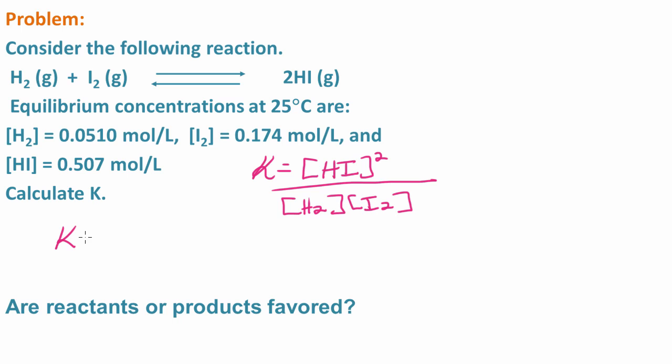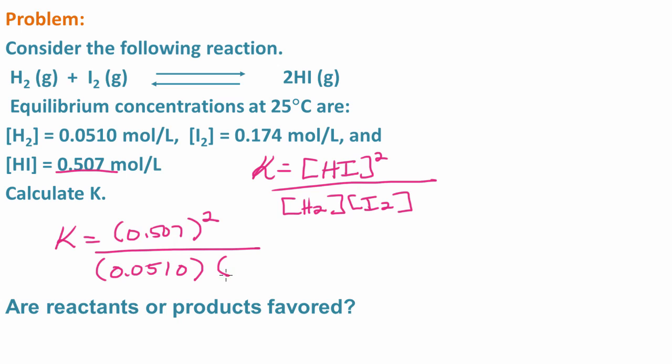So now I'm just going to plug in the concentrations. So for hydrogen iodide, we have 0.507 moles per liter. We don't have to worry about units. Make sure you square that. And then for hydrogen, I have 0.051 moles per liter. And for iodine, we have 0.174. And then I just go ahead and plug this into my calculator,